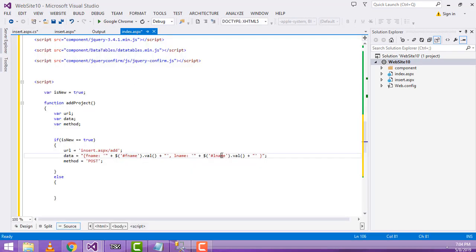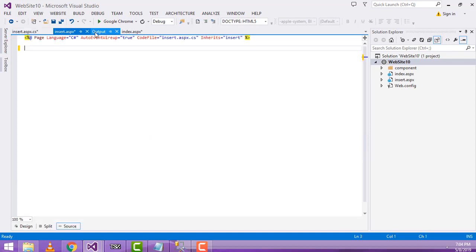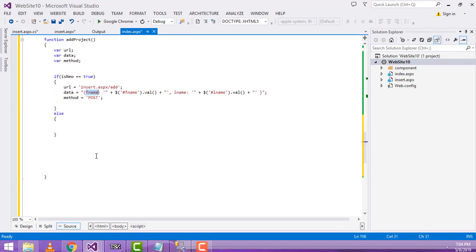Okay, these two data we have to pass. We have to set them like this. This is the variable, it goes to this page. Okay, set it here, and after the record is added, it is returned to the same page. If you give it like this, return success. Okay, so here what happens is, after that what I am going to do is